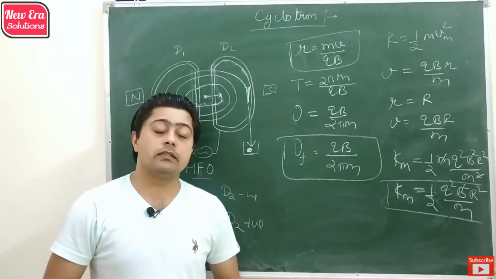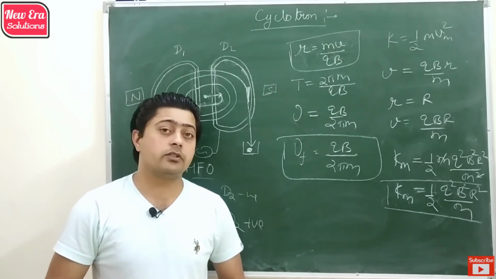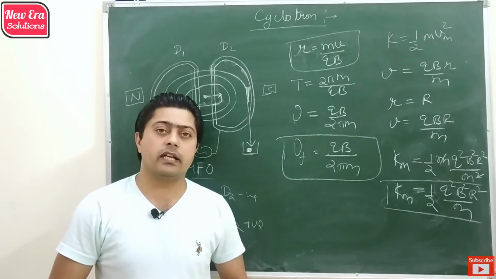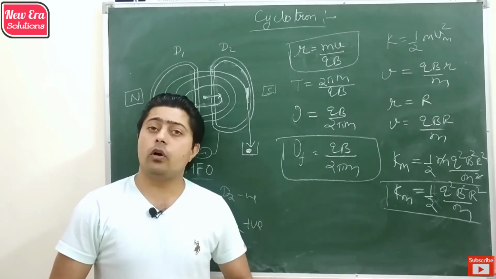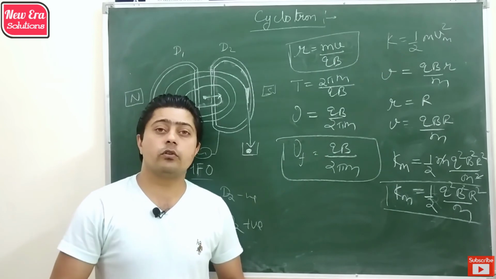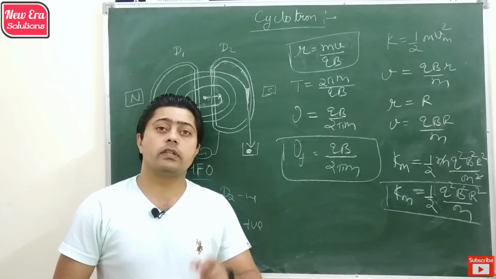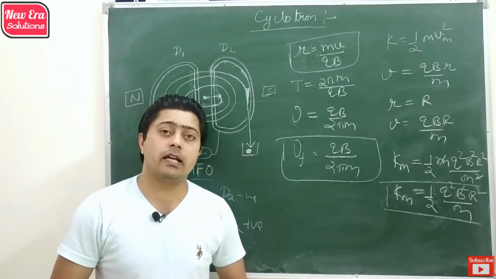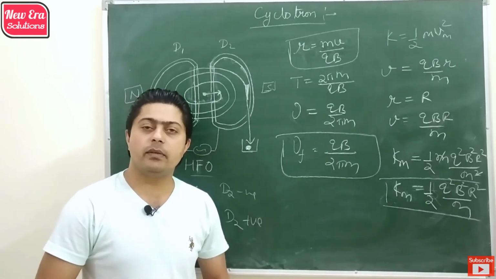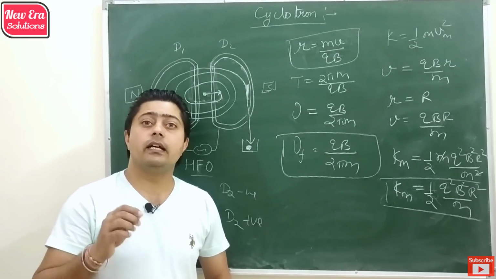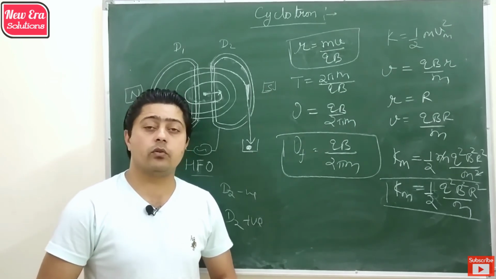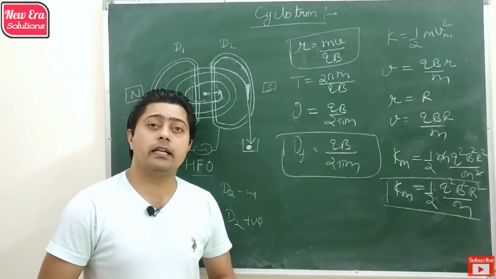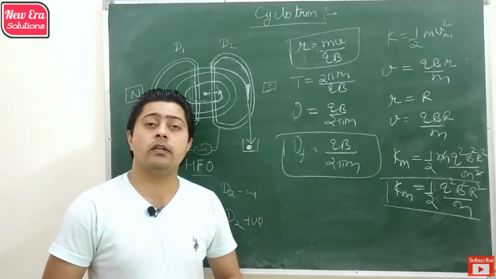As we discussed, the cyclotron is a very essential device to accelerate heavy charged particles, but it also has certain limitations. Like, it is not able to accelerate neutrons or neutral particles, because on an uncharged particle no force is applied by the electric field or the magnetic field. The second limitation is that it is difficult to accelerate electrons, because electrons are very light particles and they are highly accelerated by a small electric or magnetic field.